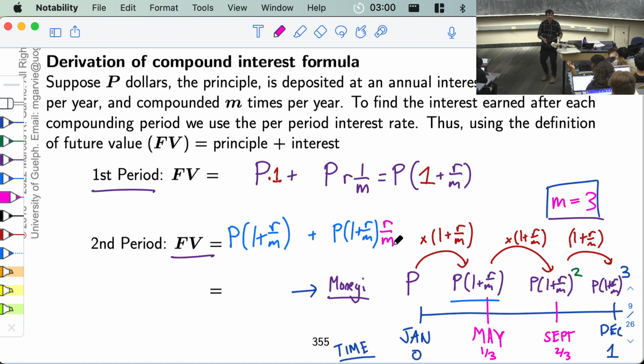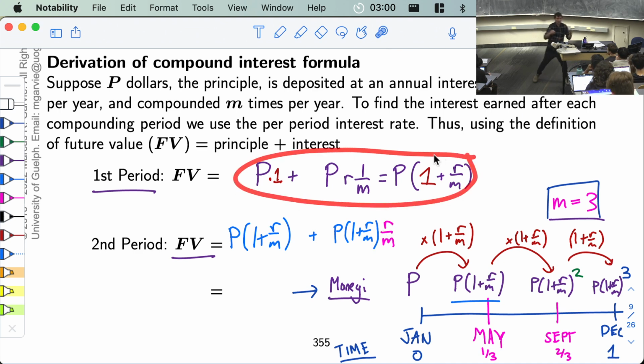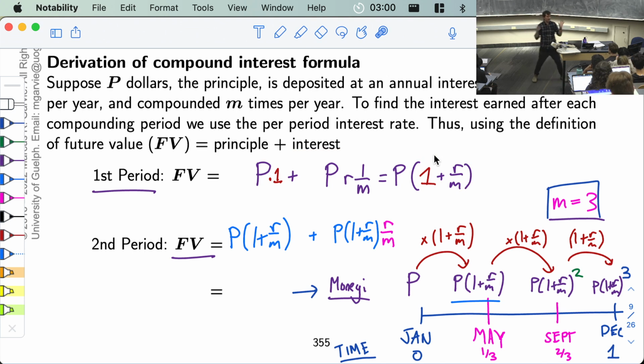So altogether, it's a sum of two terms. Both of them involve P times 1 plus R over M. That is how much money we had in May. And the second term is multiplied by R over M on the outside. And now again, just like I did in the first interest period, I can do a common factor of these two terms. And the common factor is exactly the thing in blue, P times 1 plus R over M. So if you common factor,